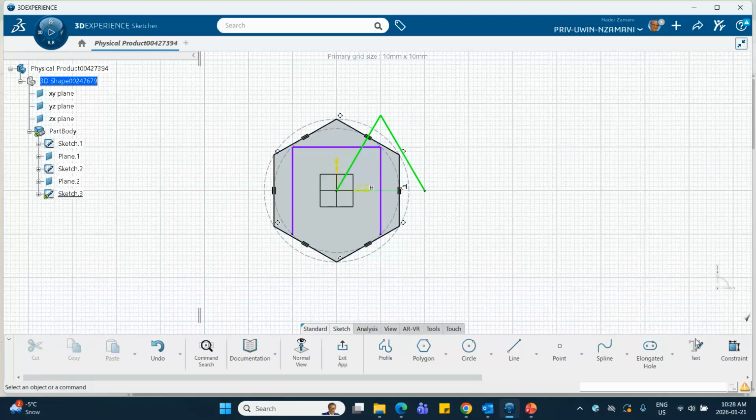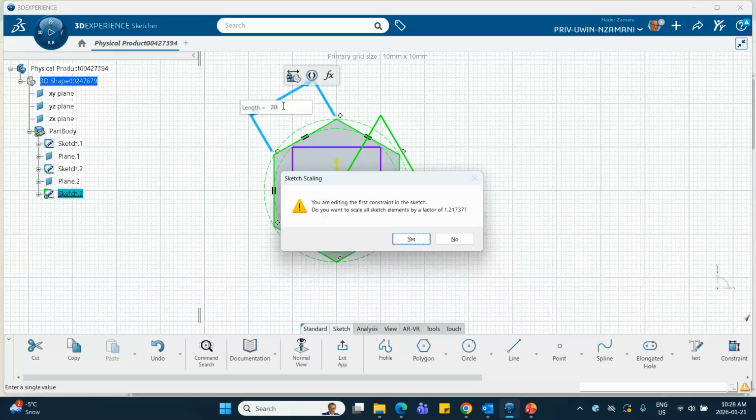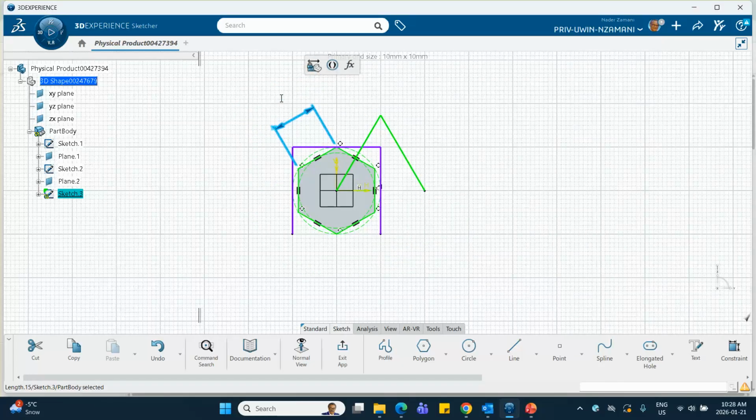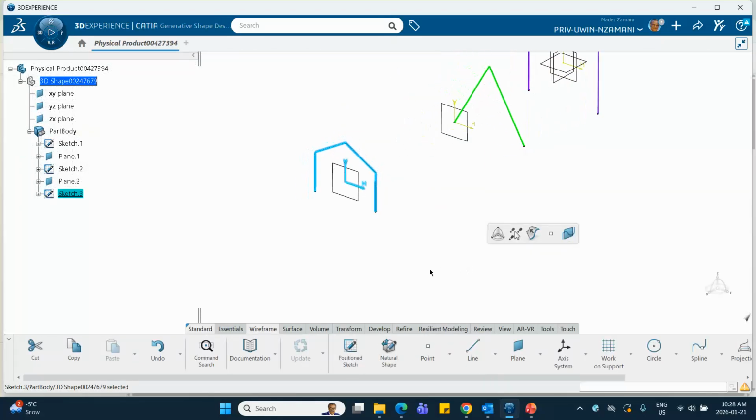Okay, let me dimension these. I'm going to dimension this thing to be 20. Actually, yeah, that's 20. Is it 20 or? Oh, actually, I want 10. Sorry, 10. Good. And what I'm going to do is delete this bottom edge and that bottom edge. So exit. Here is my third